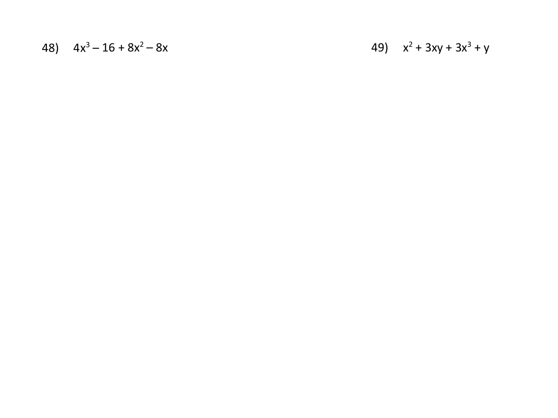Now, when you look at number 48, what you'll notice is, again, just like the last one, you can factor out a greatest common factor. All right, this time we could factor out a 4. And that's going to leave us with 1x cubed minus 4 plus 2x squared minus 2x. Okay, so I'm going to bring this 4 down, open my parentheses,